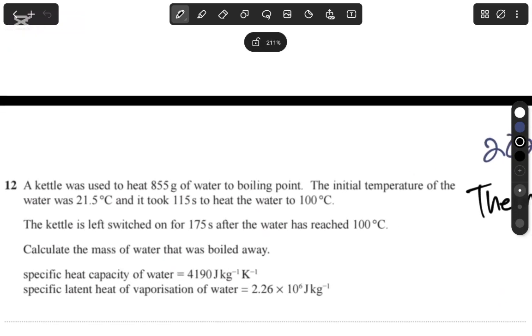It says a kettle was used to heat 855 grams of water to boiling point. The initial temperature of the water was 21.5 degrees Celsius and it took 115 seconds to heat the water to 100 degrees Celsius. The kettle is left switched on for 175 seconds after the water has